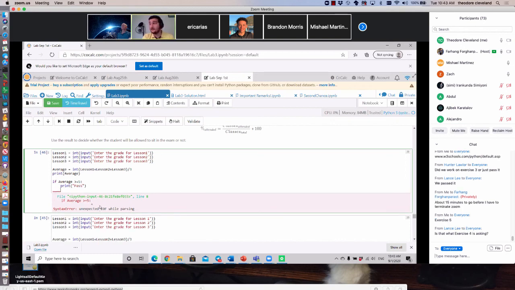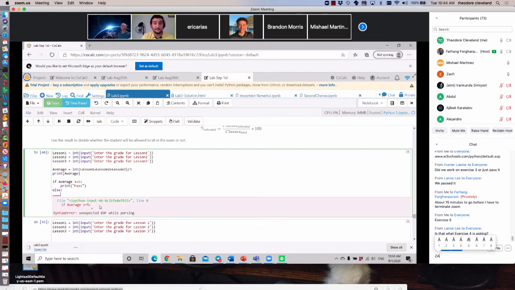And then else you want to print fail. Just remember that when I was designing this example, I was thinking of grades in a scale of 0 to 10. So now if I run this,